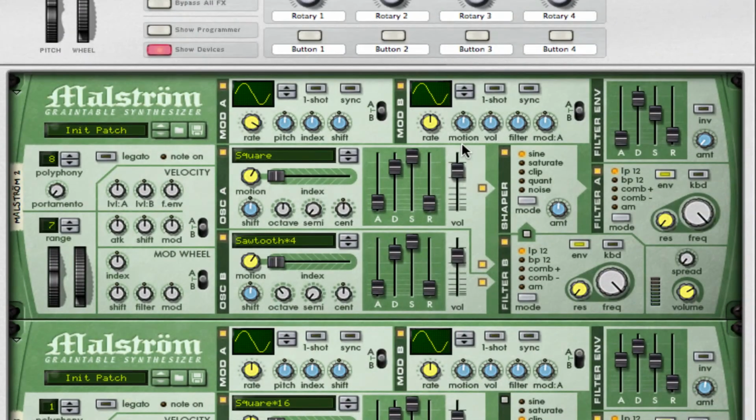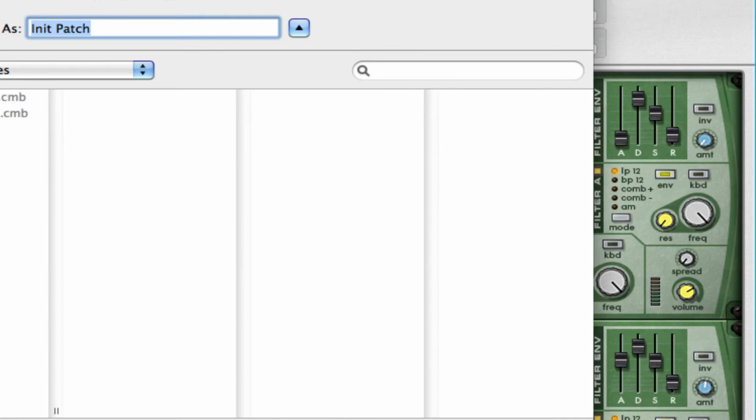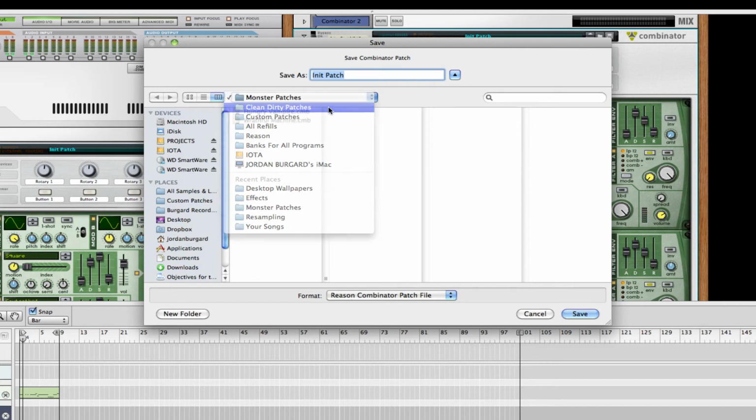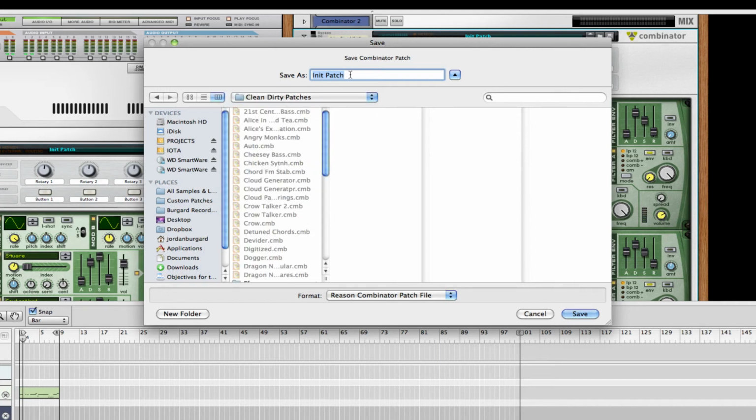And there we go. That's our synth. I'll also be posting this patch just in case you don't want to go through all my videos and just want the patch. So I would call this